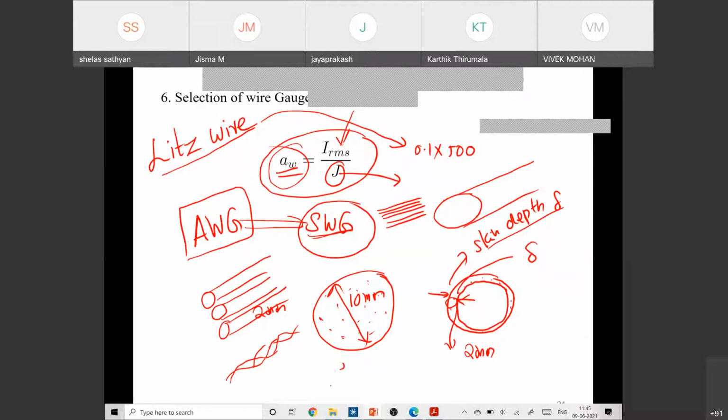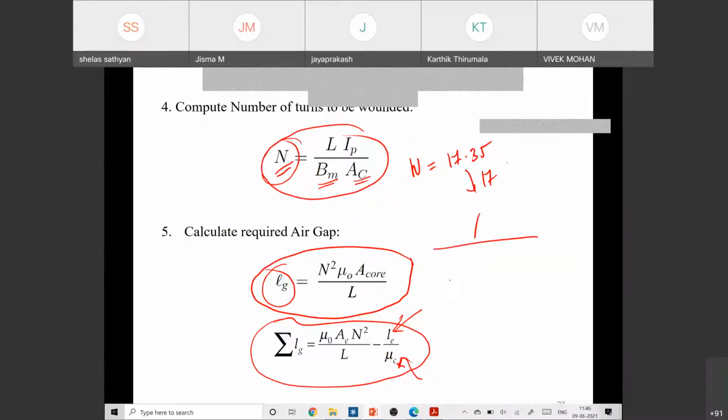Usually for a copper conductor, the skin depth is given by a factor of 72 divided by root F. That means if F is increasing, the skin depth is reducing. Finally, there will be a stage, if you are operating in the megahertz range, where only the surface carries current because the frequency is quite large. If you are using a conductor other than copper, then the skin depth can be easily found by the expression 1 divided by square root of mu pi sigma into F. Here sigma is the conductivity, mu is the permeability, and F is the frequency of the current flowing through the inductor.